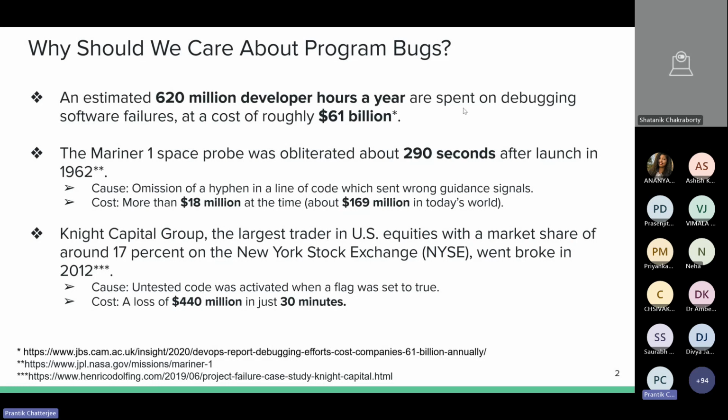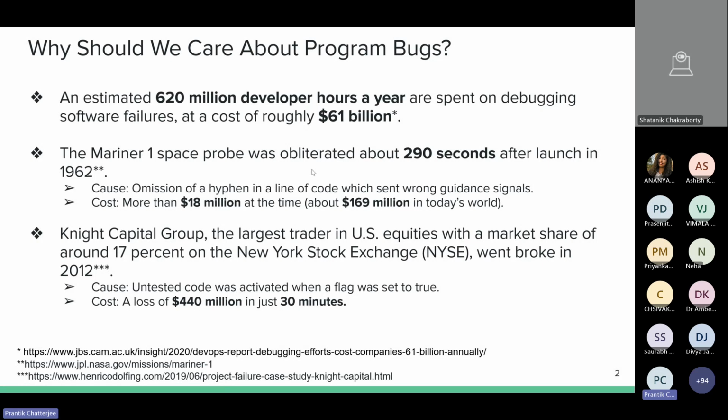Now, what happens if we do not properly debug software? A very prominent example: in 1962, the US launched the Mariner 1 space probe. Unfortunately, this space probe had to be self-destroyed only about 290 seconds after launch, because there was a bug in the software driving the probe.